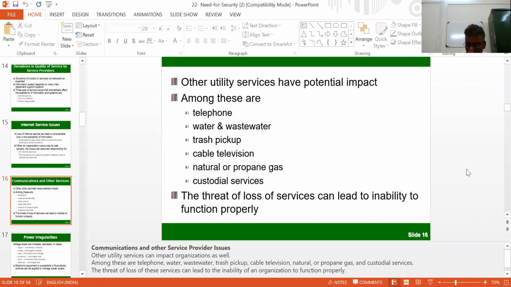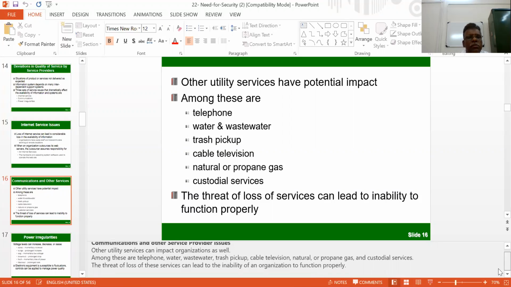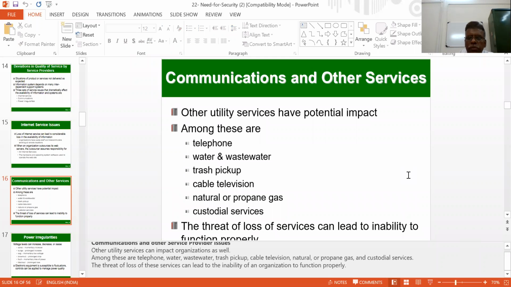Something goes wrong, correct? Now we have a lot of garbage in front of the blocks. Similarly, how is it going to be manageable? We always say how we can maintain Swachha, correct? In our country, Swachha Bharat, all the things are part and parcel of the security aspect. You say that the threat of loss of these services can lead to the inability of an organization to work in a positive manner and function properly, and it will not give a good message to the society about how the people in and around are working. They are fully responsible.